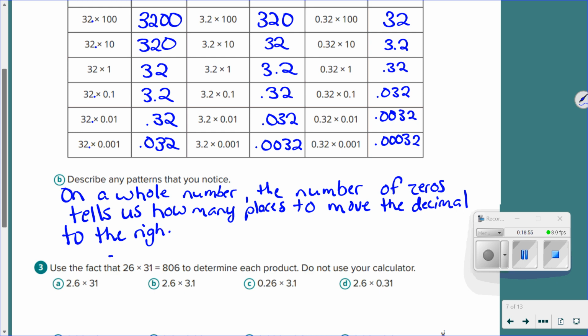All right, what tells us when it's a decimal how many places to move it? How many decimal places there are. So on a decimal,